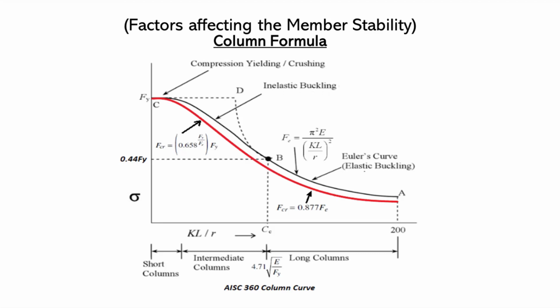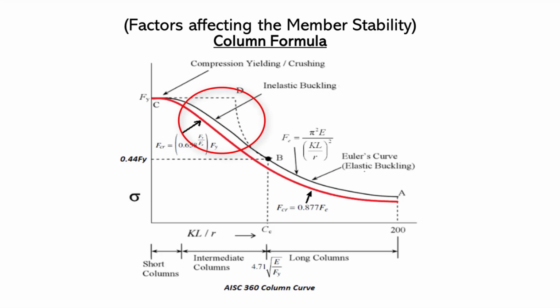So the effect on the member strength and stability due to the initial out of straightness, partial yielding due to the residual stress, and the end restraint conditions are accounted in the column curve. And finally, AISC came up with this column curve for determining the column strength. Now, here you can see the portion where the transition between the buckling limit and the full yield limit is